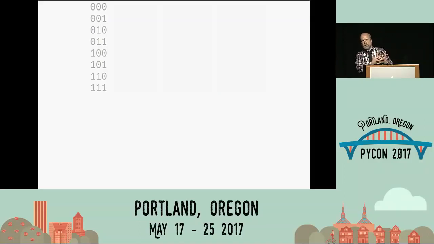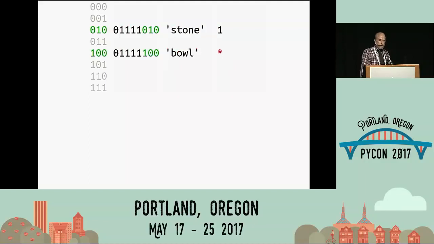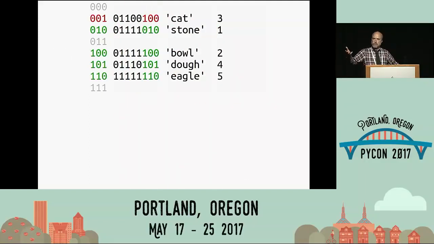How fast does a dictionary normally fill? Let's say I have 5 things I need to put in. Let's kind of watch the speed here. Stone, bowl, oop, collide, cat, doe, eagle. Notice that sometimes a dictionary key takes a little longer to make it in because of the collision. But when collisions don't take place, which on average isn't very often, notice that the last 2 entries, doe and eagle, made it in as fast as the first ones. New insertions, unless they collide, don't take any longer than the first one.